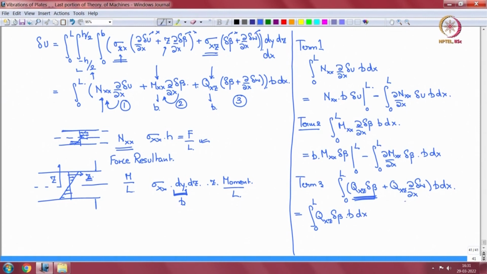Then there is a derivative on delta w here, so I get plus qxz into b delta w from 0 through L, minus an integral 0 to L del qxz by del x delta w